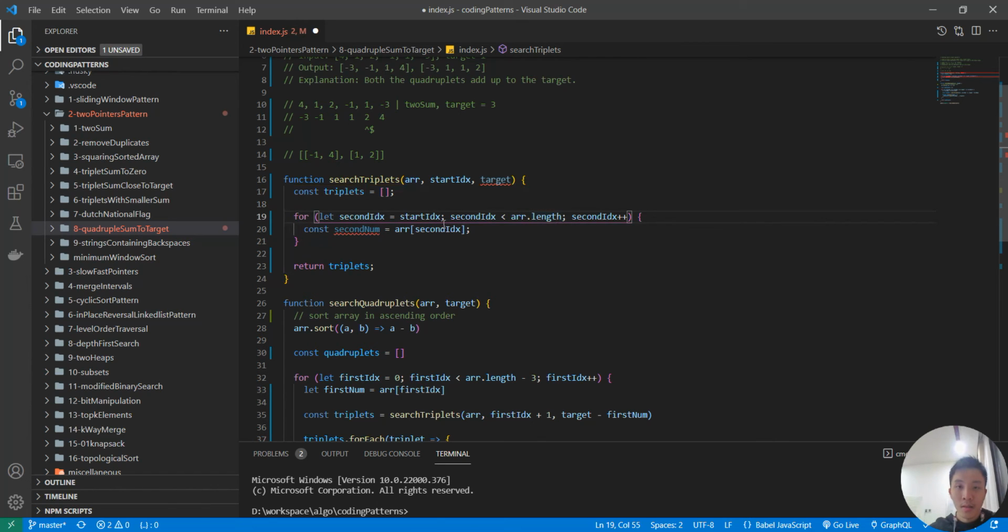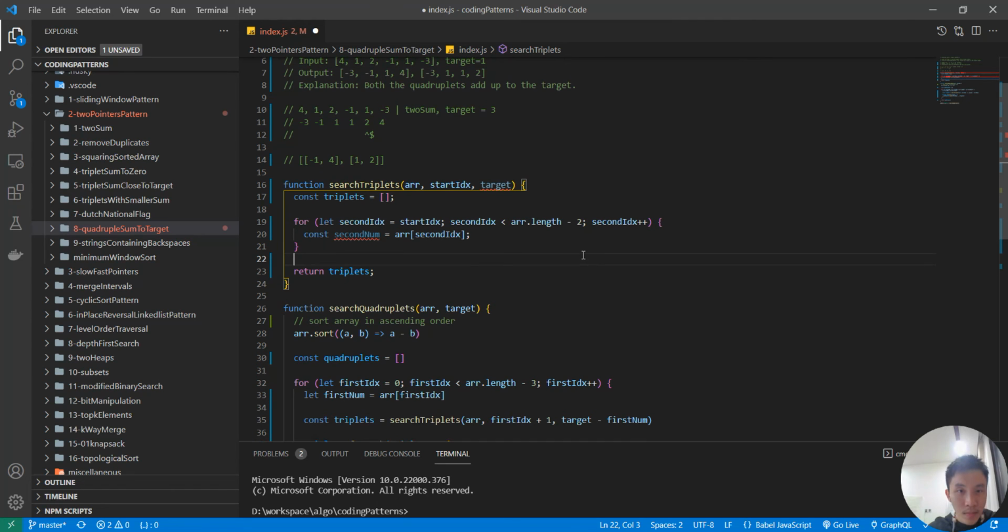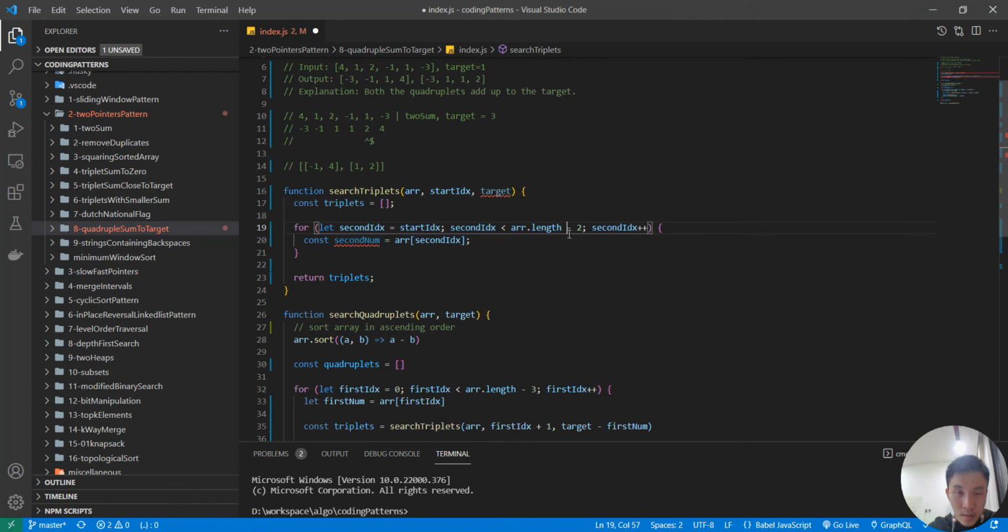So I'm going to run from the starting to array.length minus 2. So the last index will be array.length minus 3. Okay,